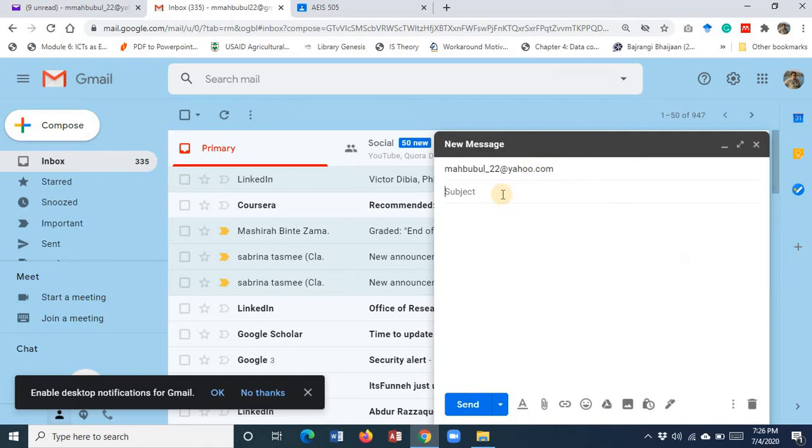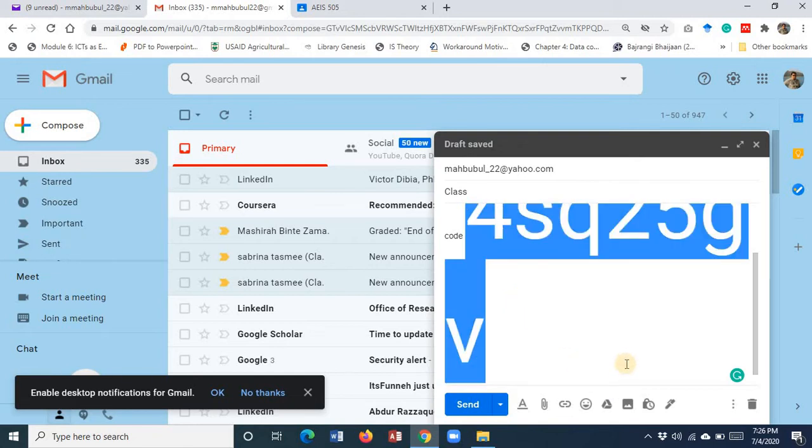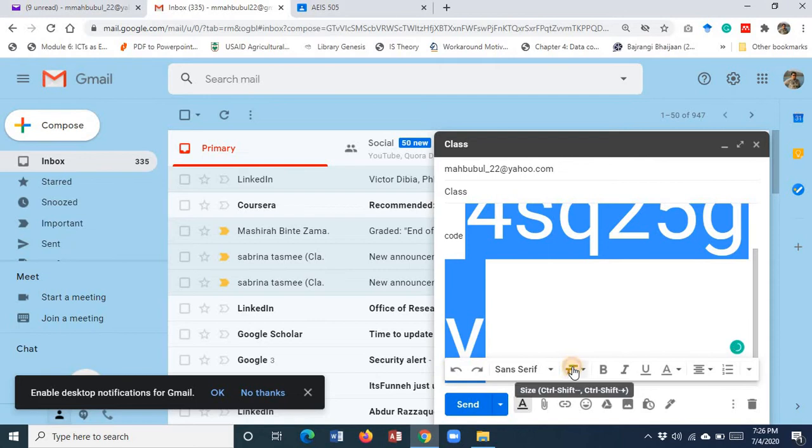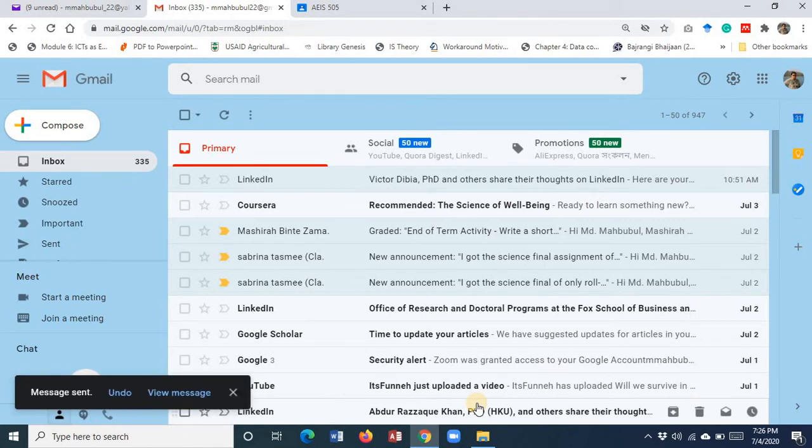Class code, you can write the class code, and then Control V. It looks too big, so I minimize the font size, normal, that's fine, then I send. So either way,